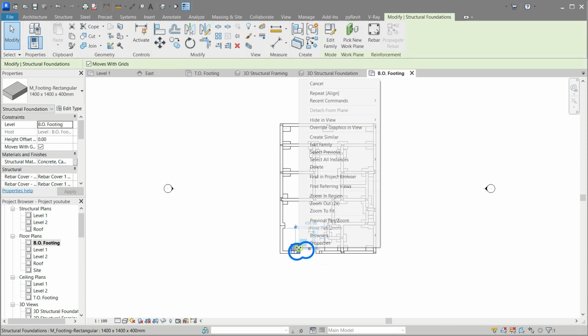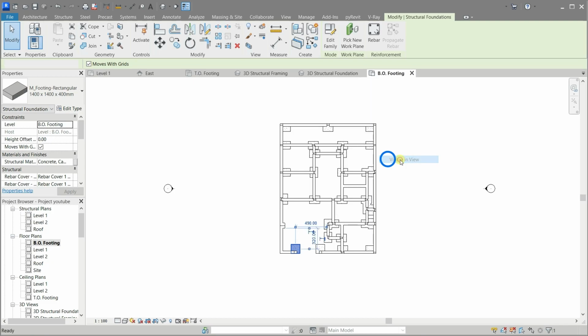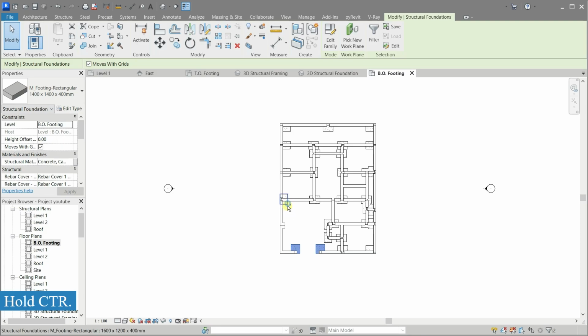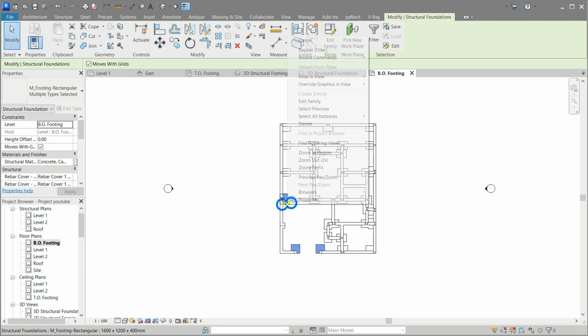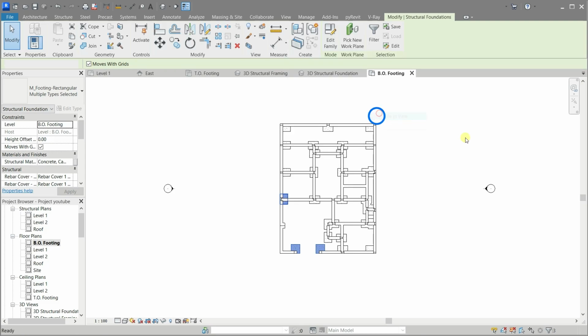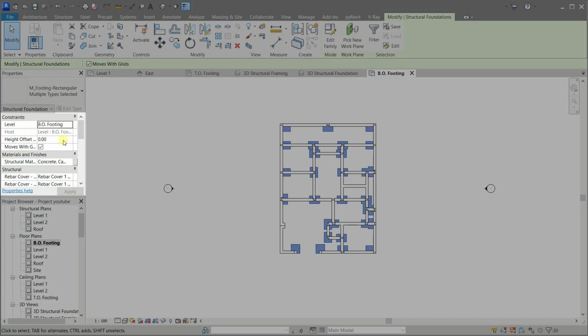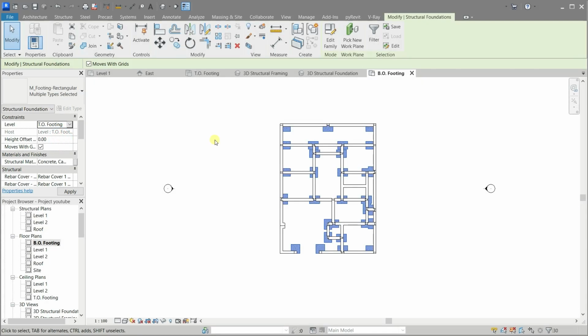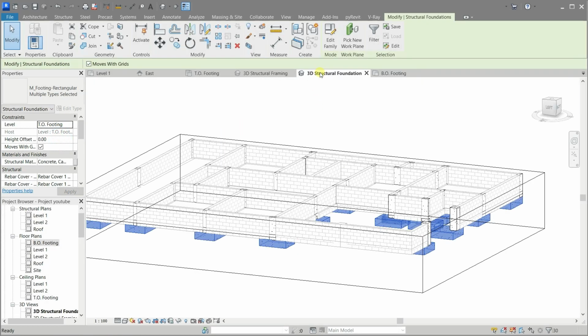Right-click the square footing and choose the Select All Instances Visible in the View. Hold the Ctrl key and right-click on any rectangular footing and choose the Select All Instances Visible in the View. Now, while all the footings are selected, change the level to top of the footing. Yes, now they are fine.